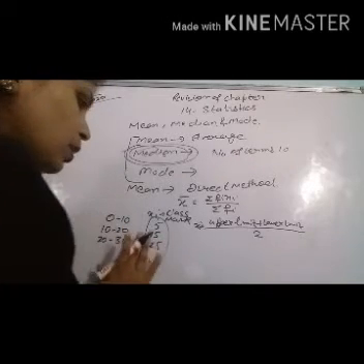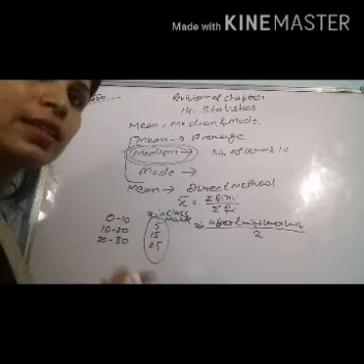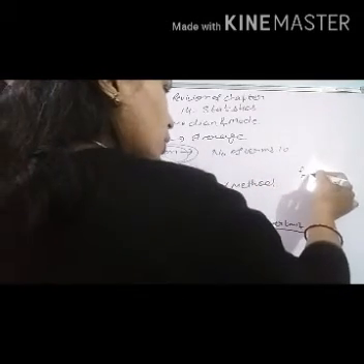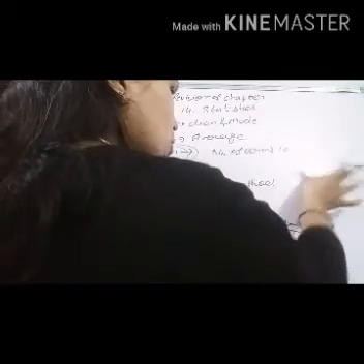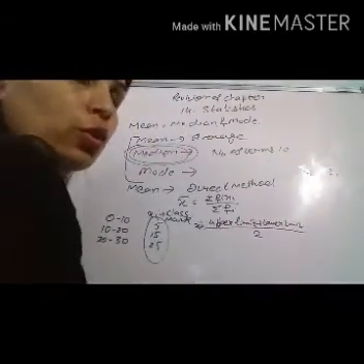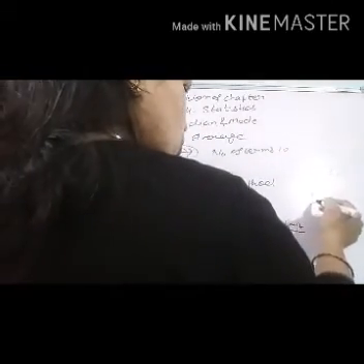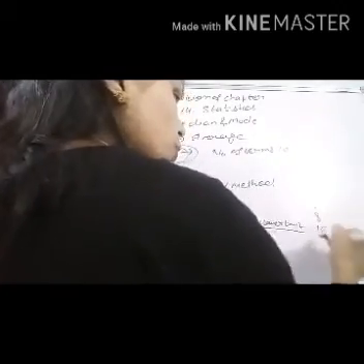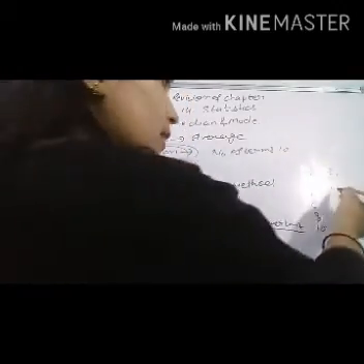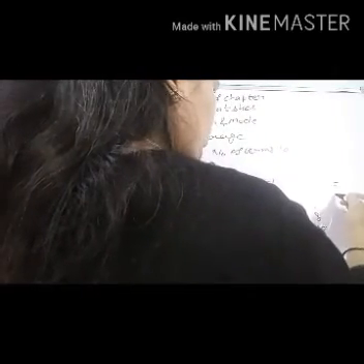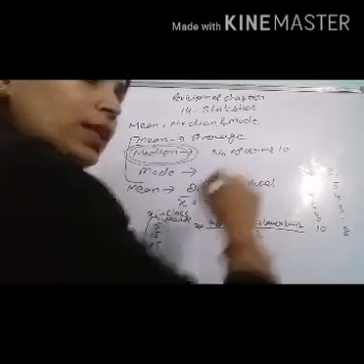In some questions, suppose this continuous class interval is not given to us. If suppose this type of data is given to us, xi, and corresponding to these xi, fi's frequencies are also given to us. Suppose this is 2, 4, 6, 8, 10. And corresponding to these values of xi, some frequencies also given to us. So let us suppose frequencies are 5, 4, 3, 1, 8. These are the frequencies of these xi's.